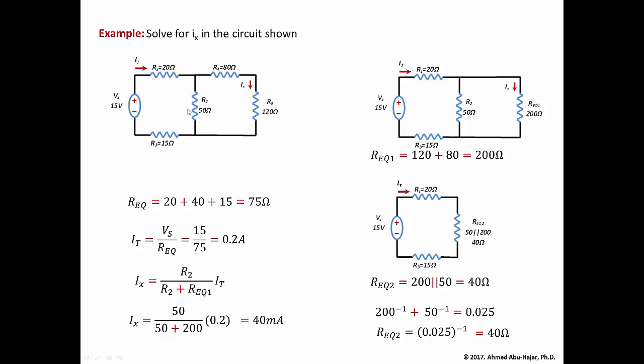It is easier to find R equivalent, just like we did here. And once you find R equivalent, then you can work the circuit using current and voltage divider. In this particular example, we used current divider to solve for Ix. So the easiest technique to do for a single source circuit is basically R equivalent, and that's something that we need